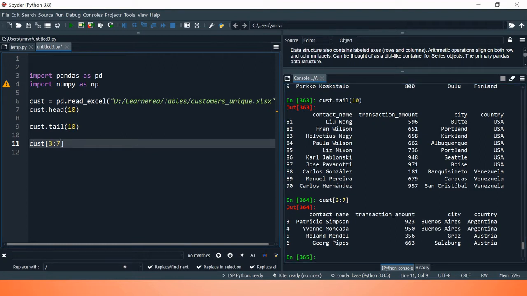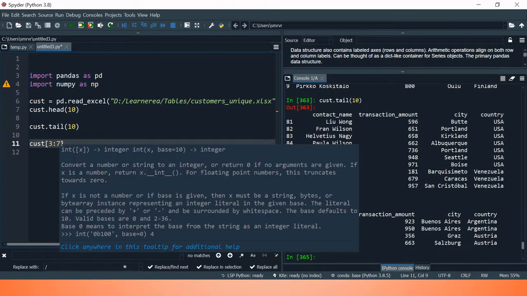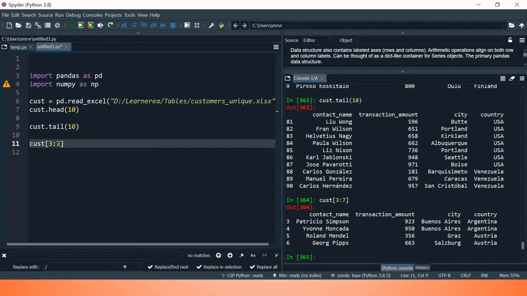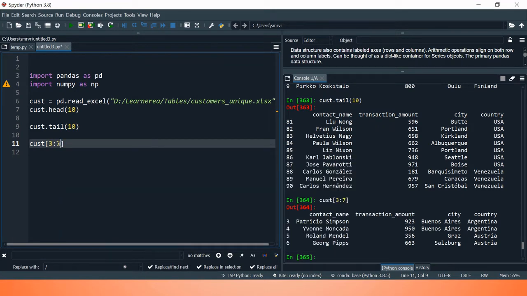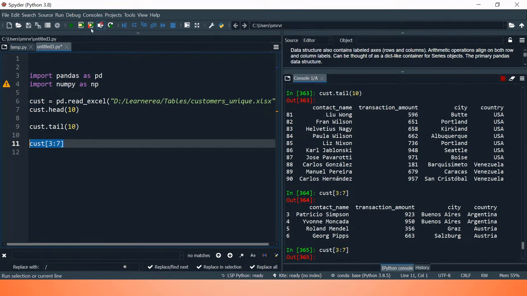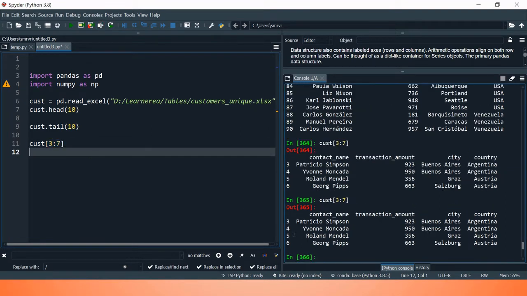So whenever you are trying to make a specific selection of rows, you are always advised to put the ending point plus 1. For example, if you want to select till 4, you're going to put over here 5. If you want to select till 6, you're going to put over here 7. To summarize, this is how you can make the selection of rows from your data frame.